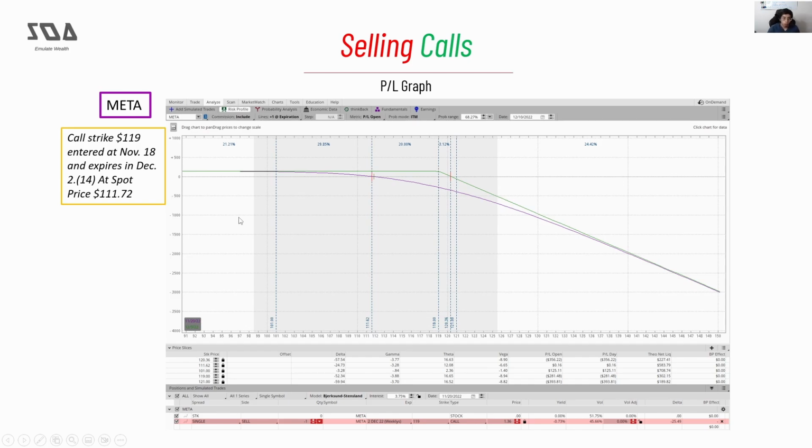What I want you to understand about selling calls is that if you look at this graph, your profits are capped. When you're selling calls, you actually benefit when the price goes down, but no matter how far the price goes down, you're going to make the exact same amount of money. And what's the max profit? Well, it's the premium, $136. But if the price goes up, you have unlimited risk. The price could go up infinitely, and you could lose as much as you want.